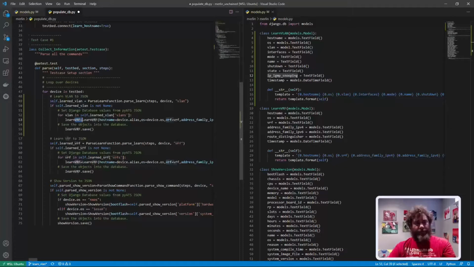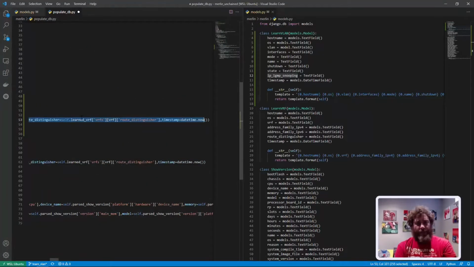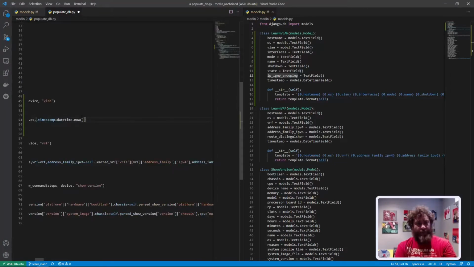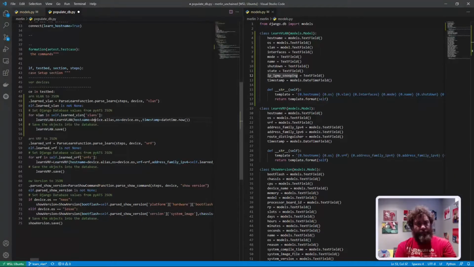And then this is going to be learn VLAN, learn VLAN. Now this is where, let me just finish this real quick, this is where we map in our fields. So the host name is going to be device alias. Operating system, now here we need to change our fields. So let me get rid of everything except for the timestamp, and what we're going to do is fill in all of these fields, right? So we need to say VLAN equals,